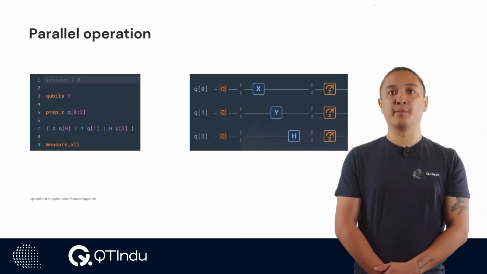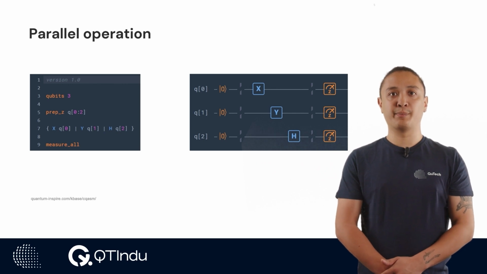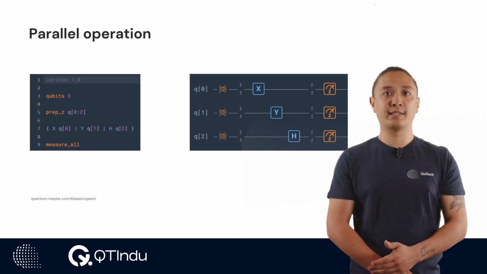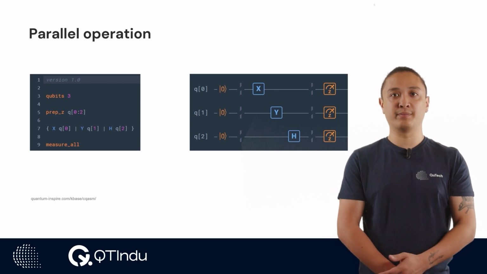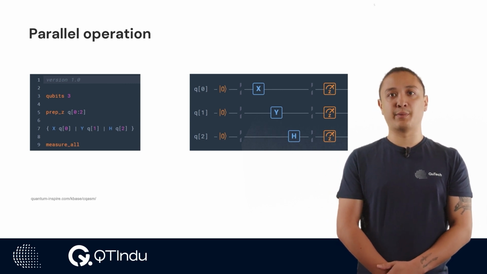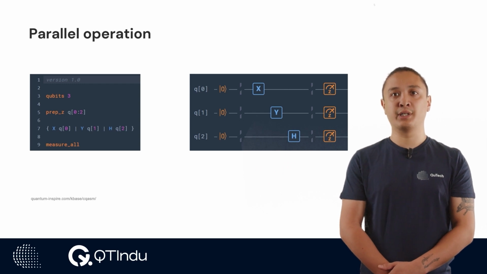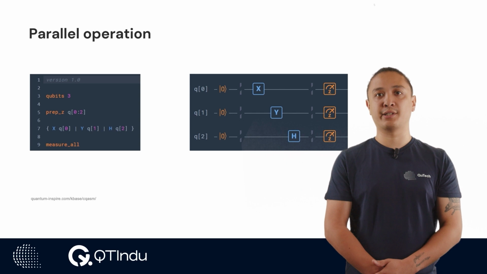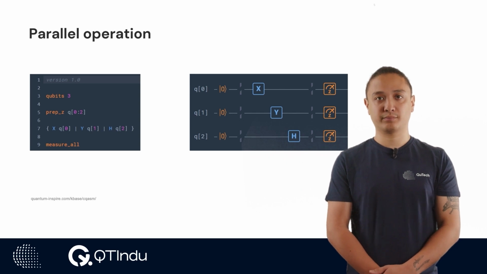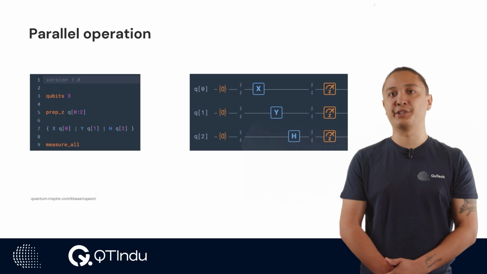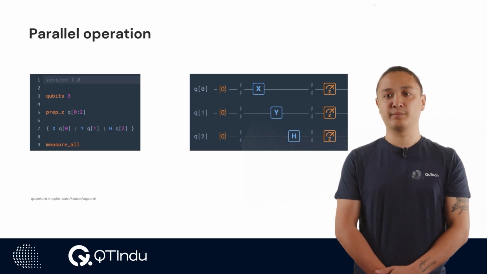We can also perform parallel operations in CCASM. This is performed by putting the gates between curly brackets separated by the pipe symbol, as demonstrated here in command line 7. Please note, however, that not all backends are capable of parallel operation, and therefore might instead compile the circuit in a way that executes the gates sequentially. Furthermore, it would not make sense to request parallel operations of gates on the same qubit.